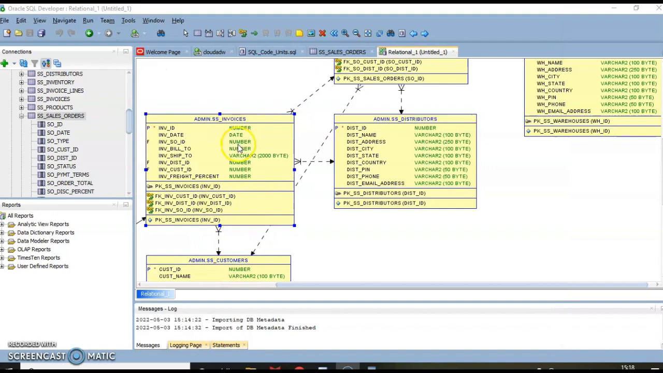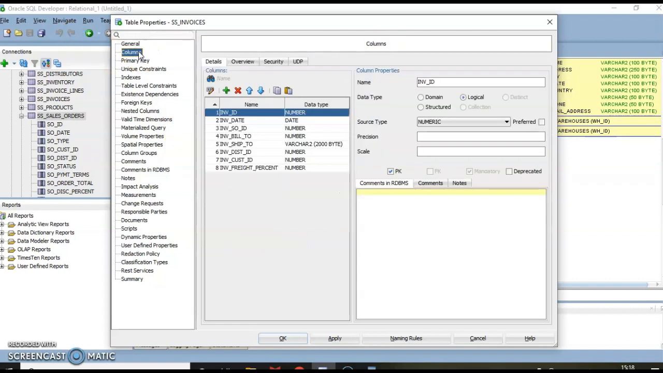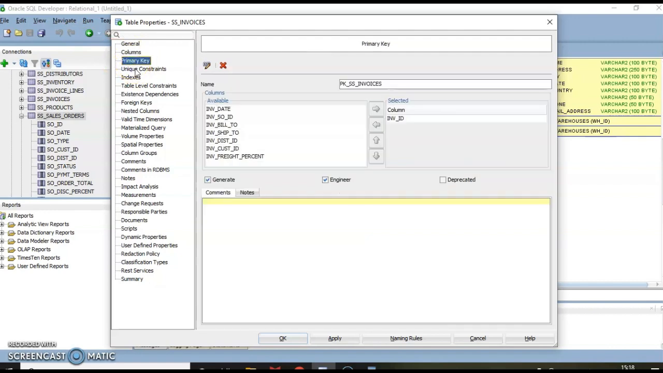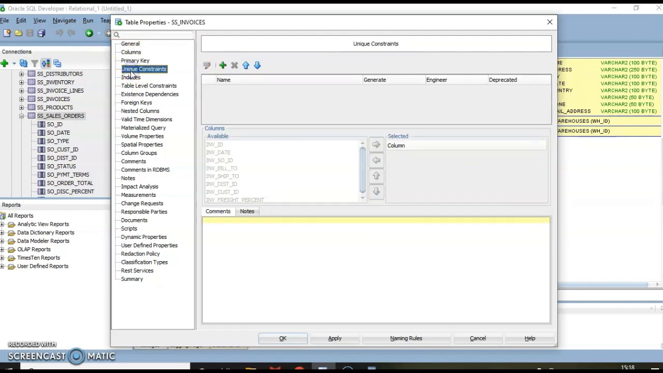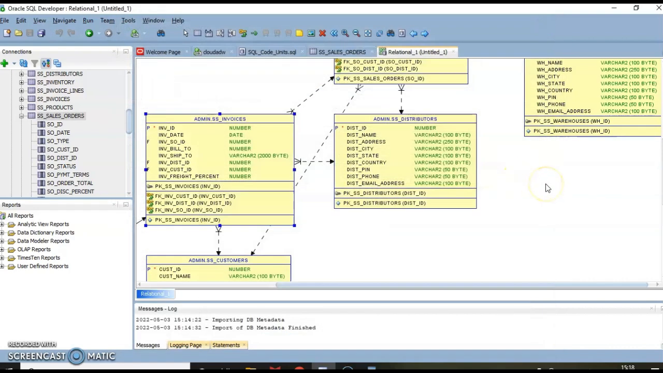For example, you double click on the table, you get the table name, columns, then primary key, any constraints, and then you have foreign key. All this you can take a look at with the SQL developer. So we are done with the SQL part of the case study, wherein we have created the